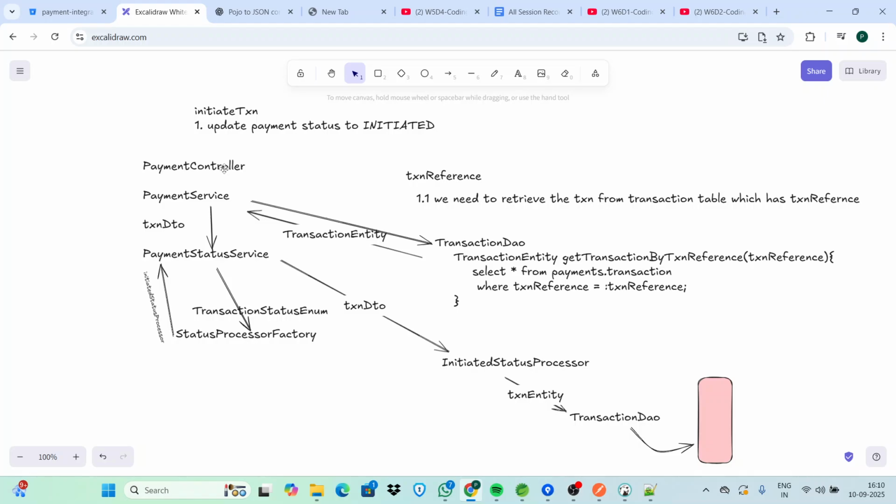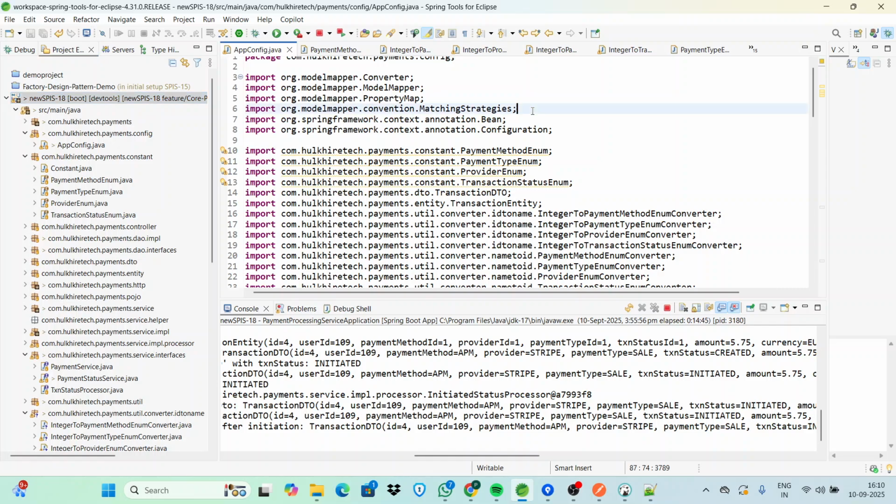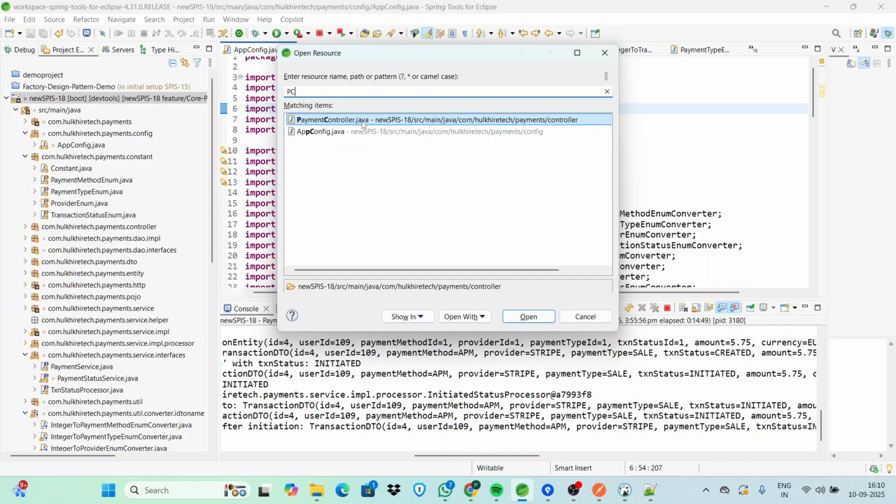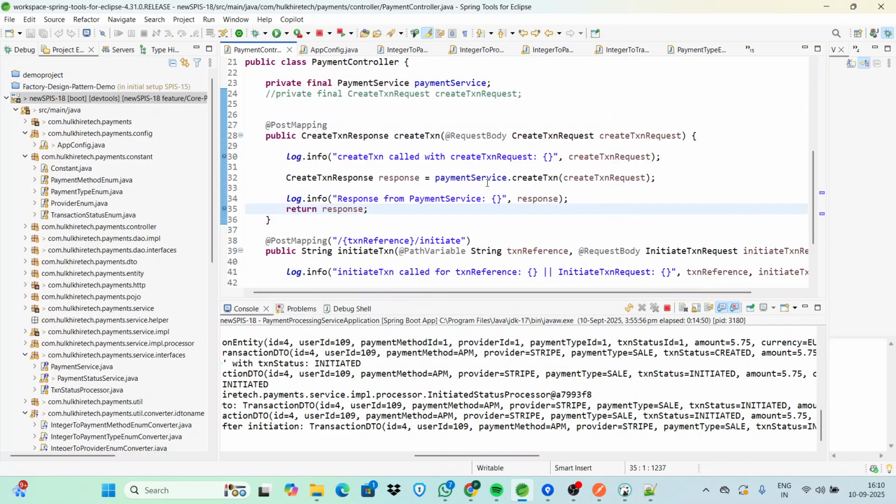This is a payment controller. When we receive the API call for the initiate transaction, the payment controller maps it to a function. Let's go to the payment controller. So here is